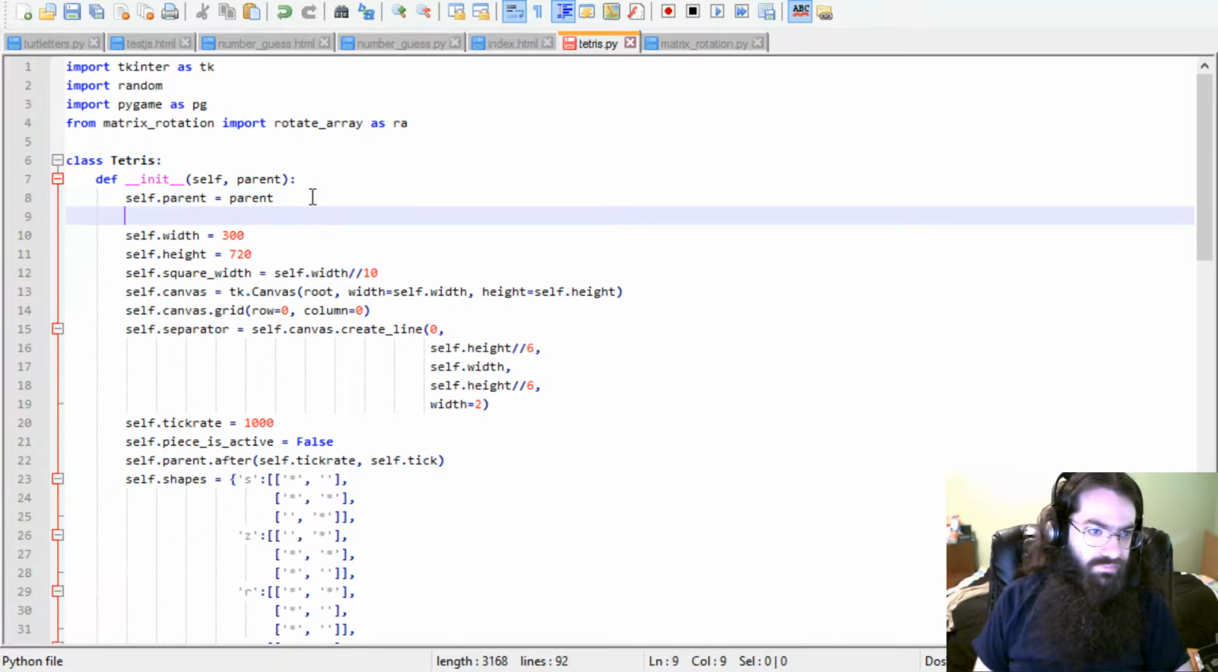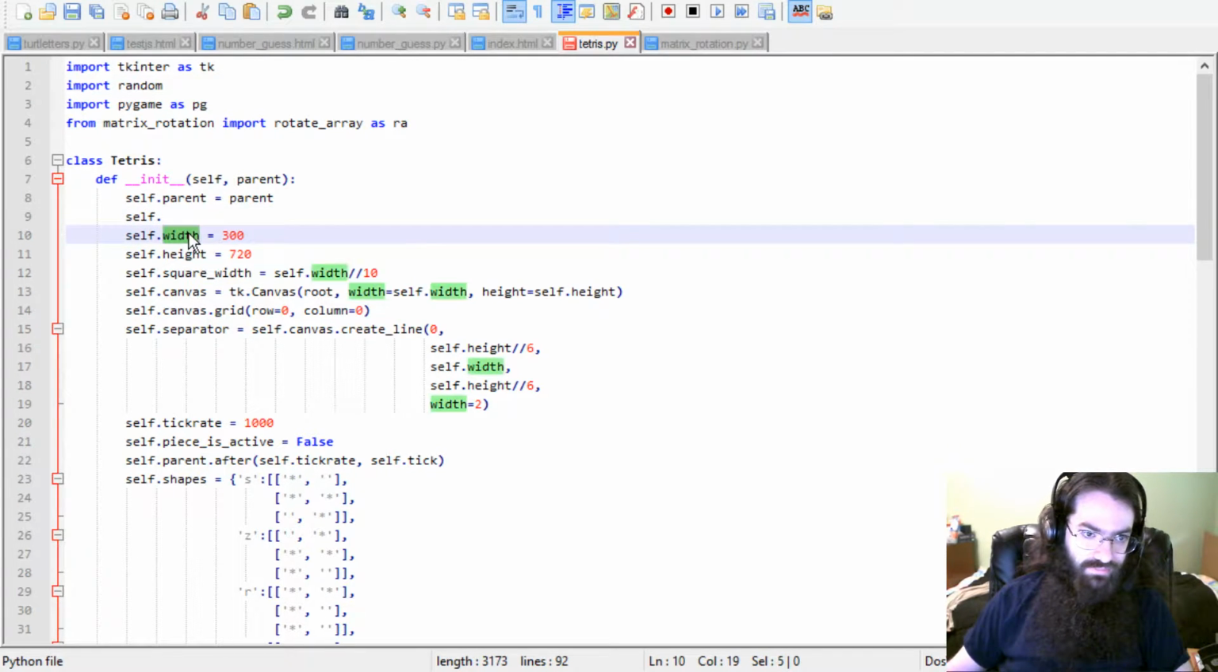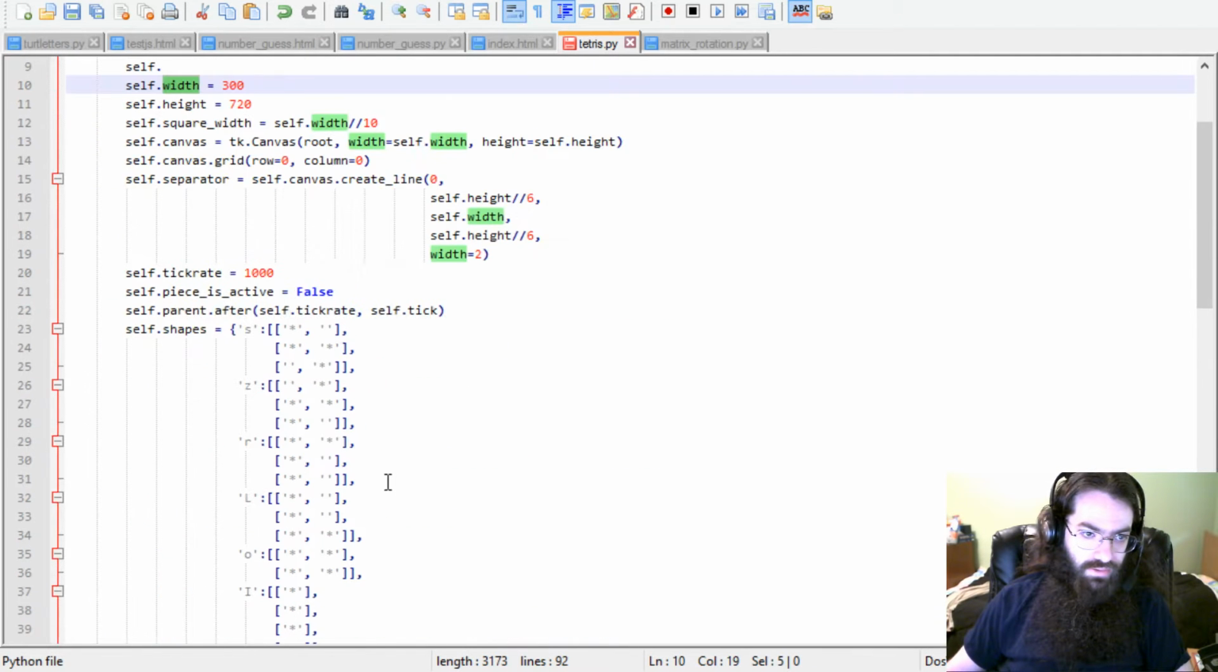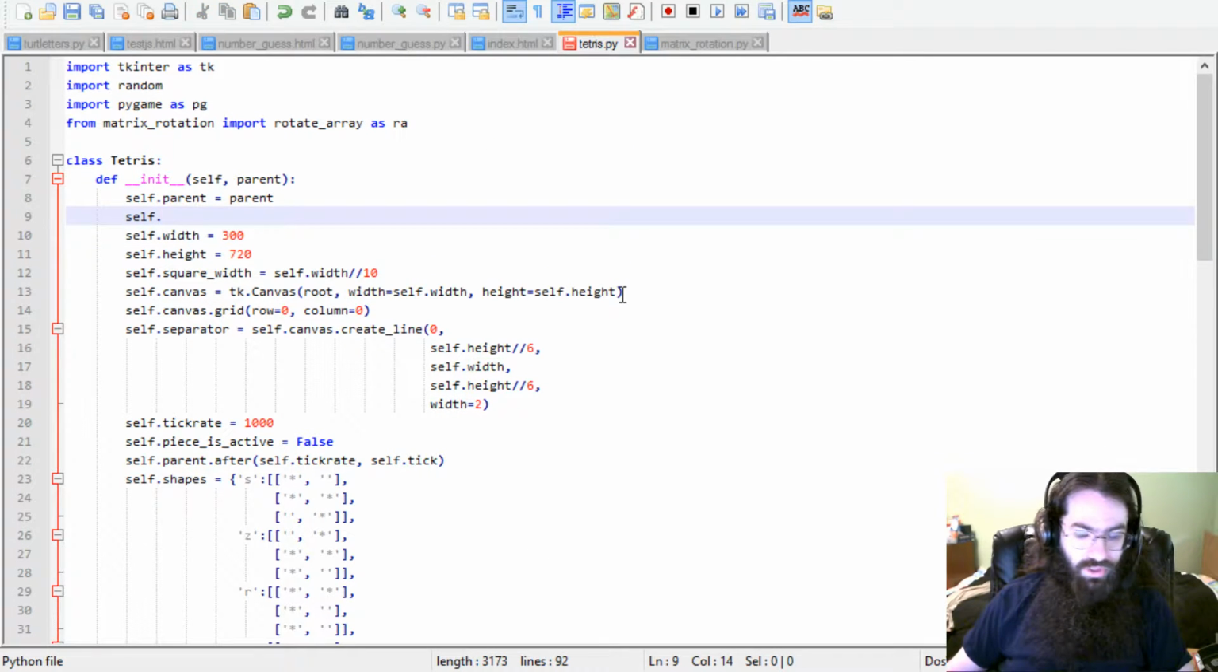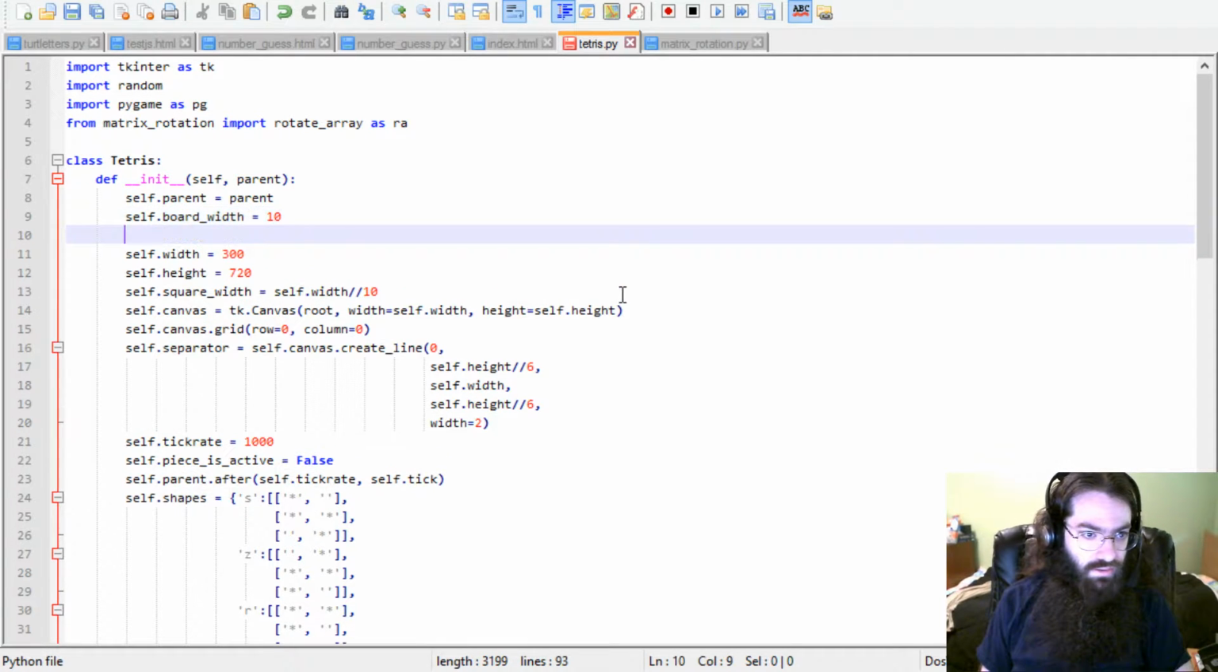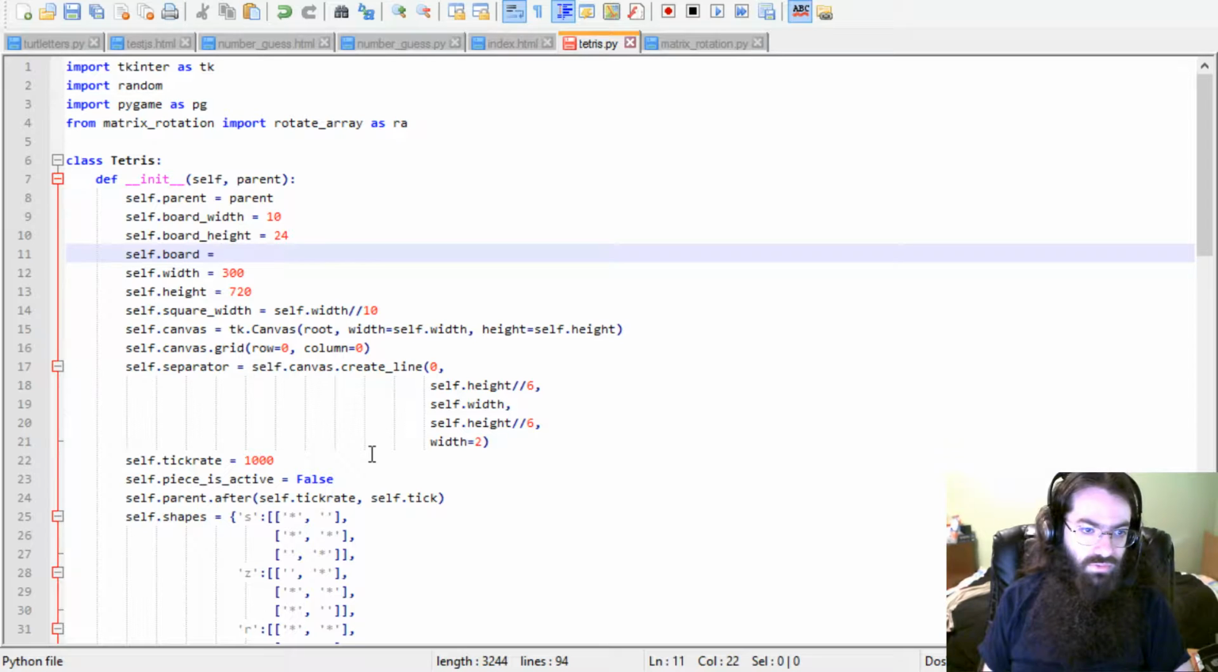So how about this is the canvas width and height. And how about we call it board width, 10, board height equals 24. Okay. Alright. Board equals